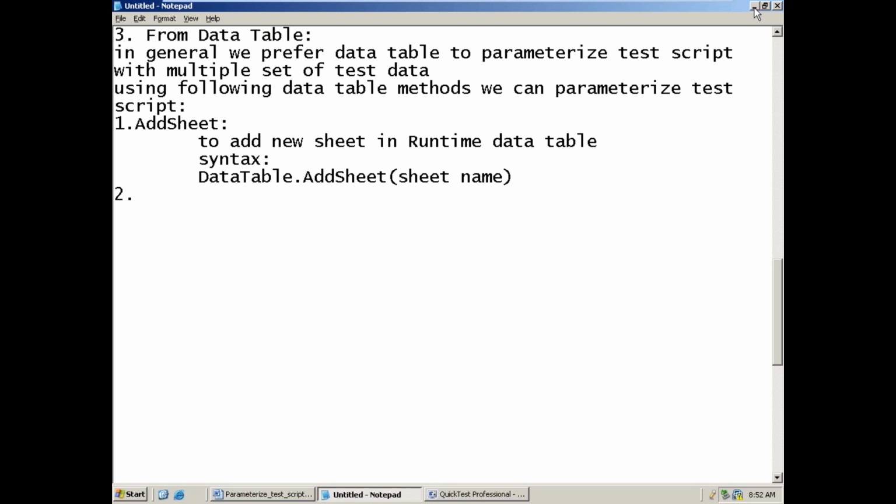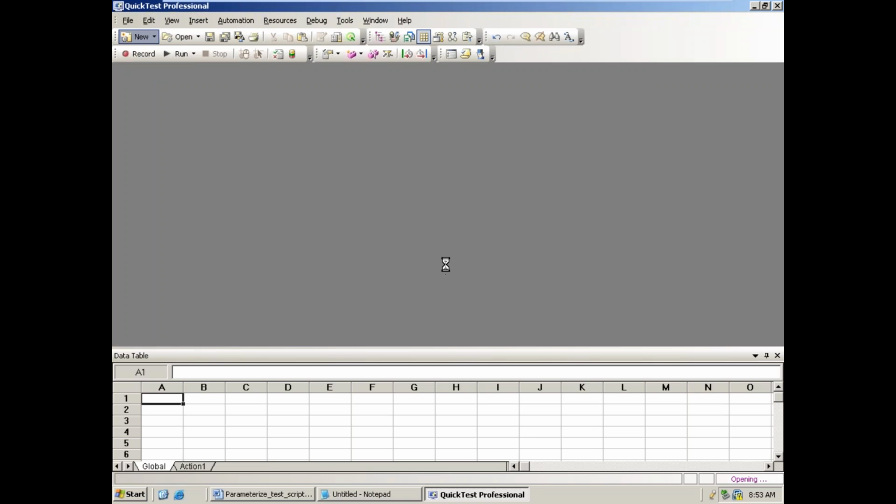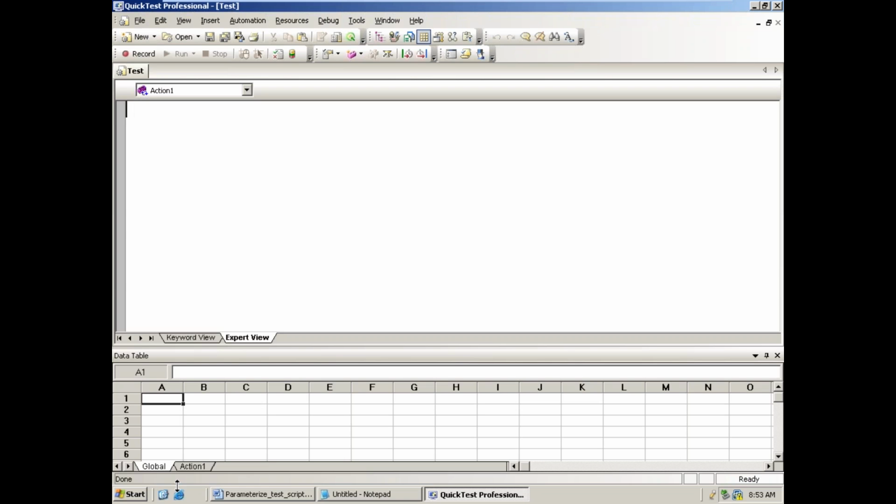Next, let me show that. What I am saying here is about the runtime data table. When you open a new test, by default how many sheets do we find in our data table? Only 2 sheets. Maybe by requirement I want to add one more sheet here. How can I do that? DataTable.AddSheet, and MySheet is the name I am giving. After execution of the statement, I want to pause my execution for 10 seconds, so I say Wait 10. Now if I run it,